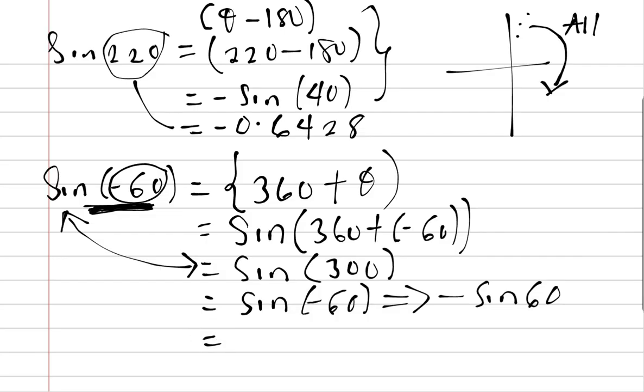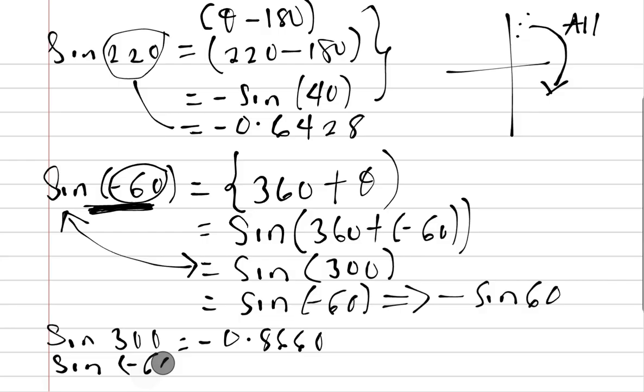And now look at the beauty here again. I want you to use your calculator. If you do sine 300 on your calculator, you are going to get minus 0.8660. I get what I'm saying. Now if you also do sine minus 60, you will also get minus